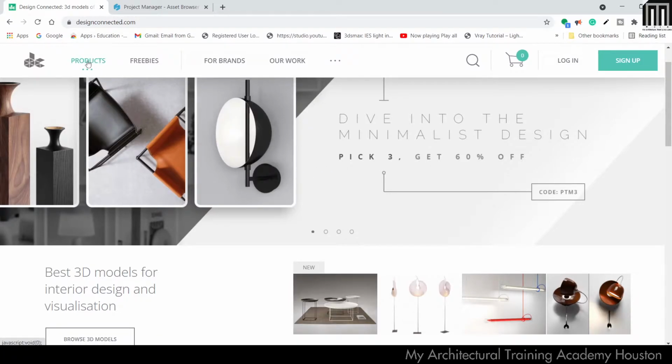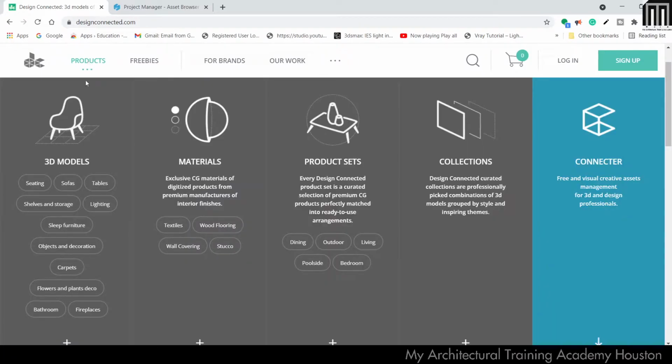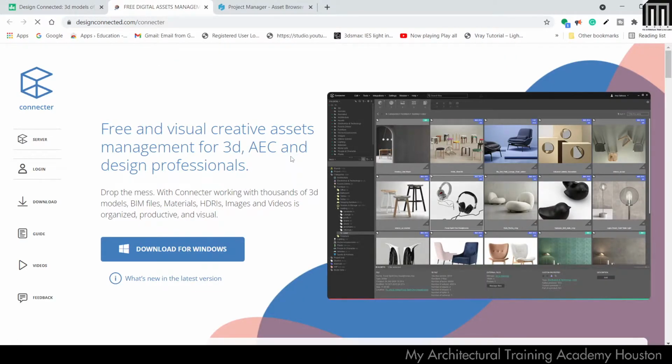If you click on products, this is the model tab, material tab, and sets, collections, and this is the connector. This is a free and visual creative asset management for 3D and design professionals. I'll click on connector. I've been using this connector for a long time.